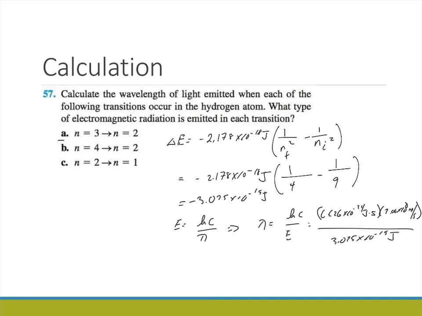I'm not putting the negative in because you can't have a negative wavelength, and we're looking at just the energy of that photon. And we see that lambda is equal to